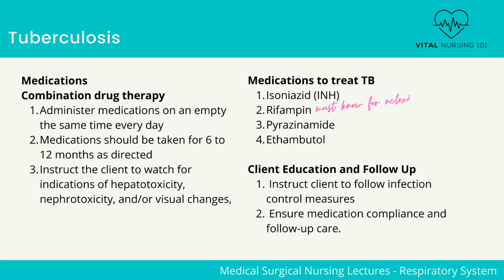Medications. A patient that has tuberculosis will have a strict medication regimen. This is frequently mentioned on exams, so keep this in mind. Medications include the following. Isoniazid, which is also known as INH. Rifampin. Pyrazinamide. Ethambutol. Note that if the patient's TB shows resistance to anti-TB drugs, fluoroquinolones and aminoglycosides will be administered